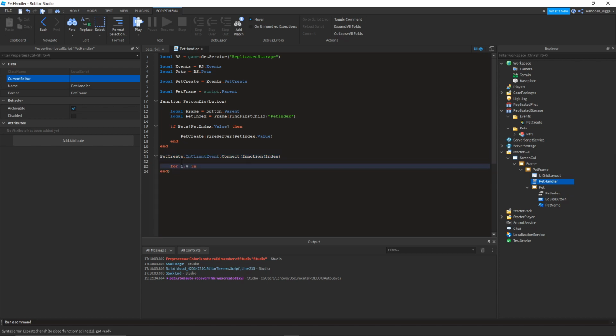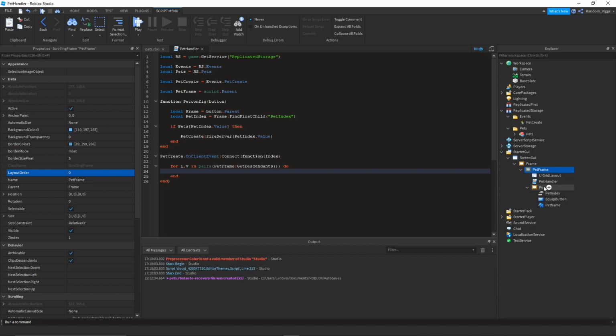But anyway, we're gonna start off with a loop. We're gonna do pet frame get descendants. Now I maybe typed that a bit fast, but this is a classic loop. We're looping through the pet frame descendants. So the pet frame is this thing right here, right? So we're getting all of the descendants, and the descendants are the children and the children of the children, which are inside of the thing we're looping. So we're looping through all of these items